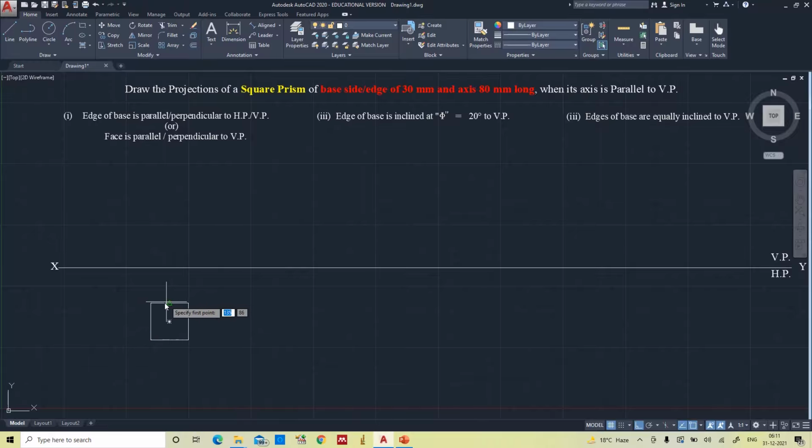Now eighty, 80, 80. Now this is the upper base and this is the lower base. We'll give the